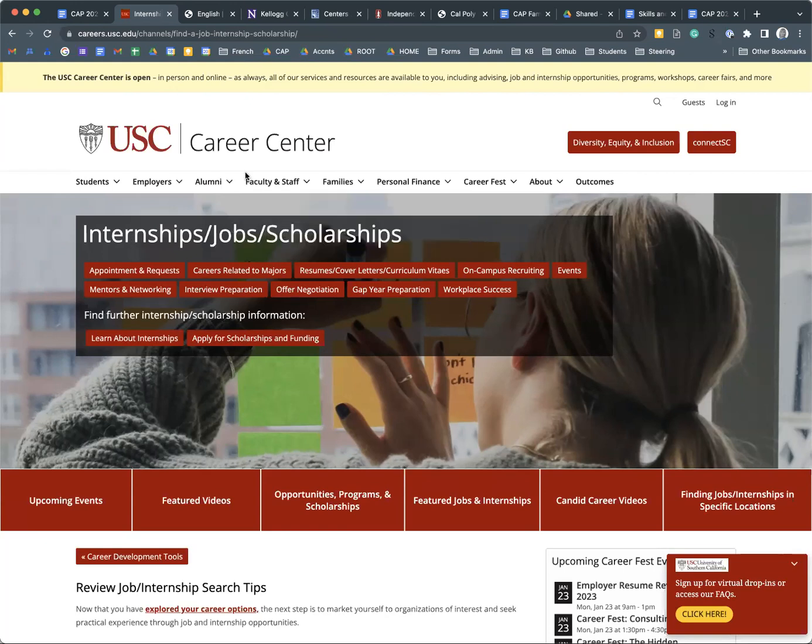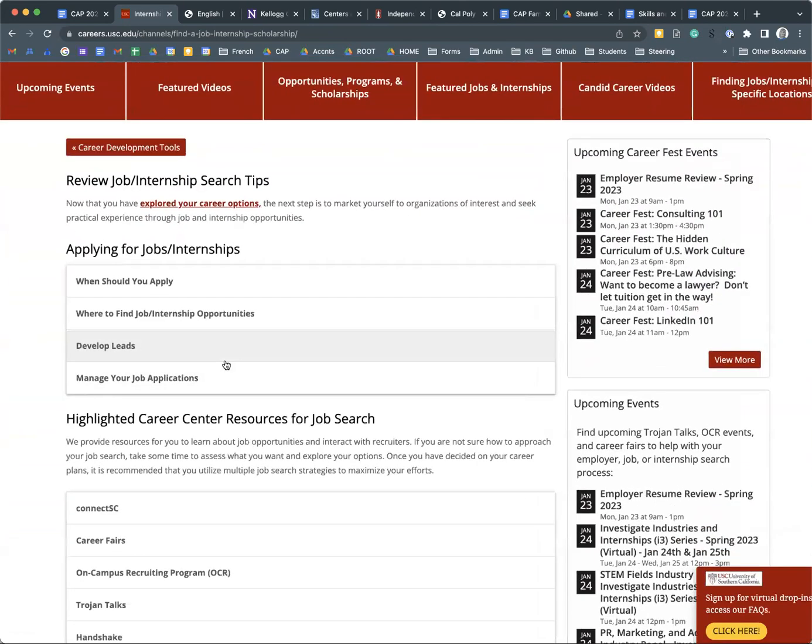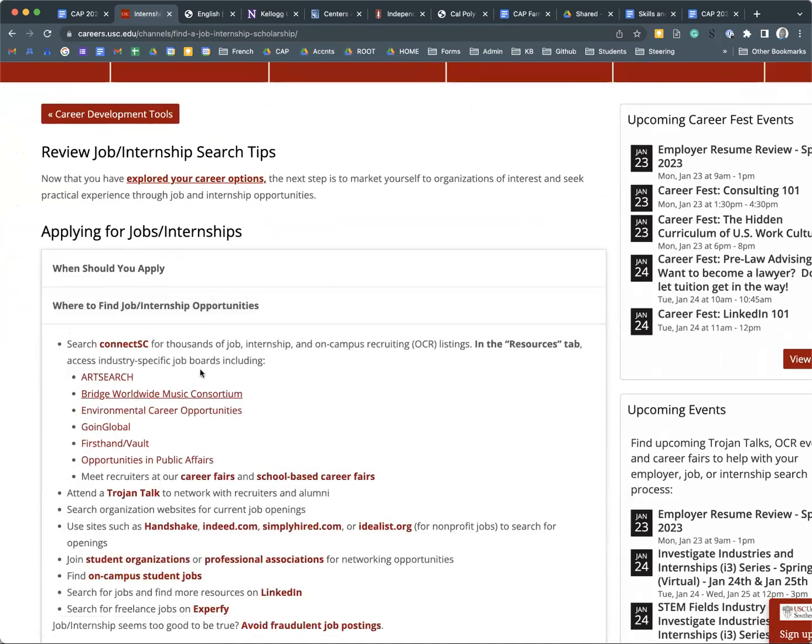So here you can see at USC, they have a pretty big career center with lots of opportunities. And they're also training you to go through the job interview process. So this is where you would go to poke around and say, okay, when should you apply for a job or an internship? And if you poke through here, you can see what are all the different internships that they actually offer. So some schools will be quite developed in this area. Other colleges may not be. So this may be something that's really important to you, and you may end up taking a college off of your list because they don't seem to focus on internships very much.